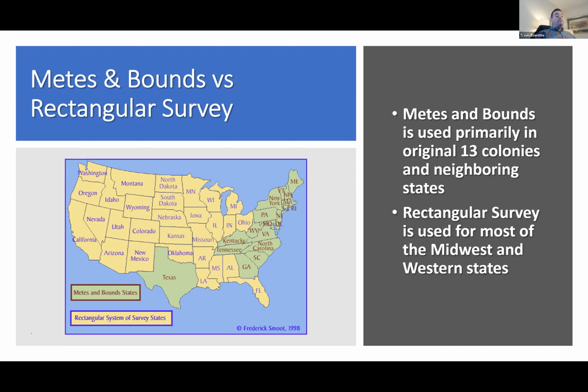And those are the states that you see in green here on this map. Those are states that use the metes and bounds, which basically is the original 13 colonies, plus Texas also uses it. And then every state that you see in yellow on here uses the government rectangular system, or just the rectangular system of surveying property,